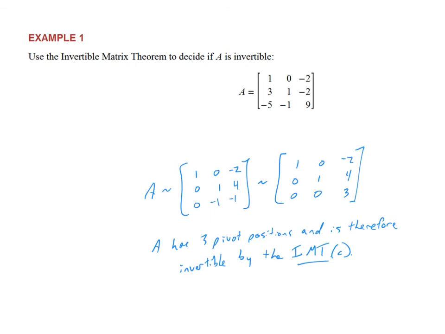Okay, so I could have done something different, right? I could have augmented with a column of zeros and shown that only the trivial solution exists. I could have put it in reduced echelon form and said, hey, it looks like the identity. It's row equivalent to the identity. That's in the invertible matrix theorem. We can use any of those statements from that theorem to draw our conclusion about whether or not A is